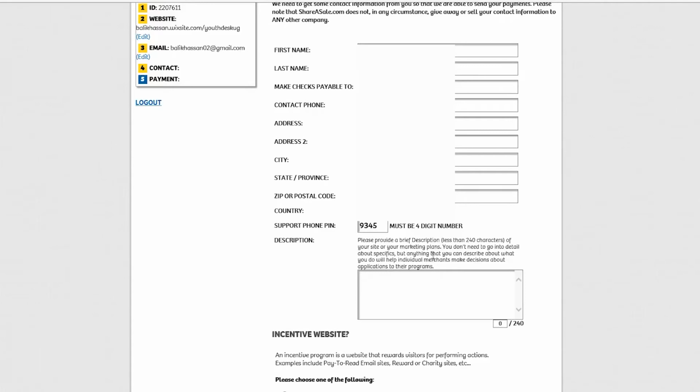Please provide a brief description less than 240 characters of your site or your marketing plans. You don't need to go into details, but anything that you can describe about what you do will help individual merchants make a decision. So here you can say